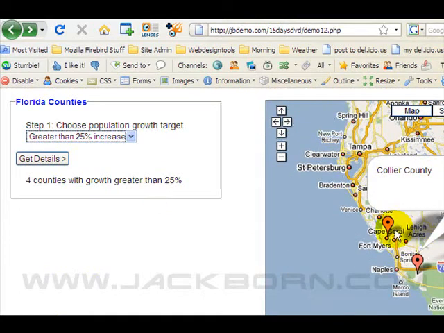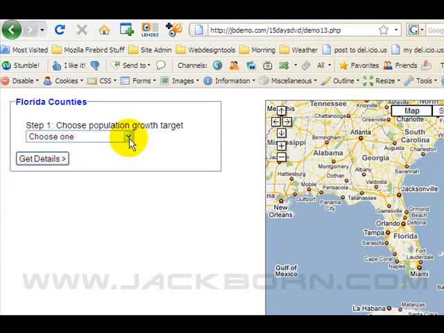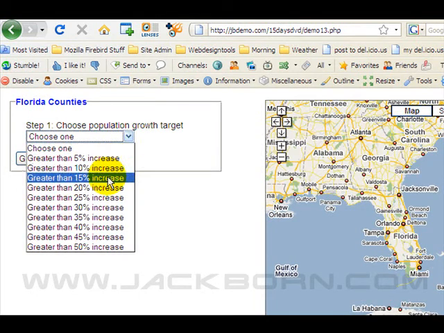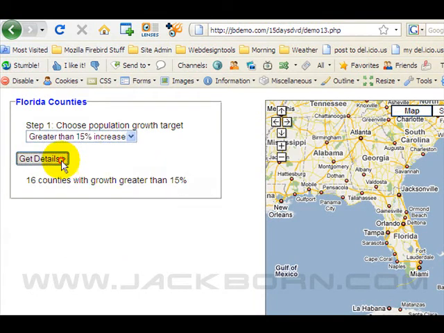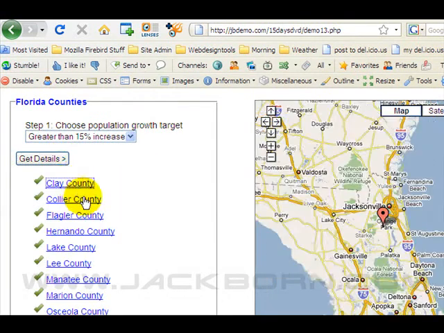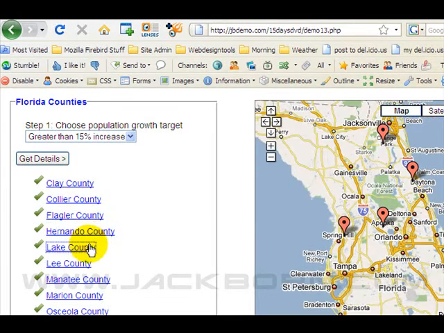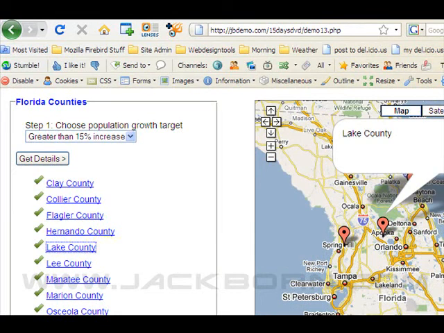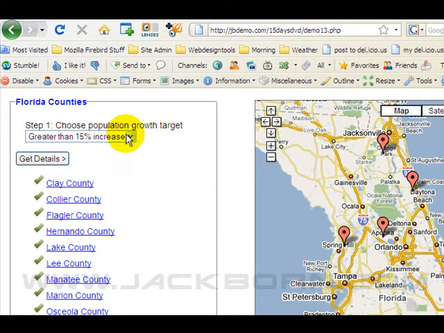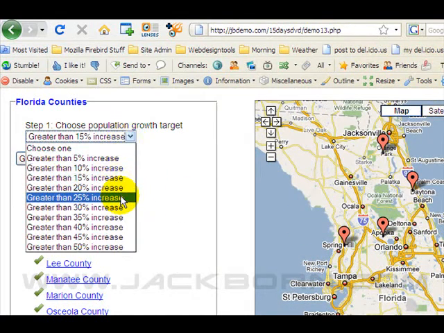Well, these data points should probably go away, and that's what I'm going to do in Demo 13. So let me show you how that works. Demo 13, here we go. Very similar to before. Let's start with 15%, Get Details. I'm going to click a few of these data points, and you see they start to show up on the map. Very handy. But as soon as I change the drop down, say, from 15 to 25, these pins